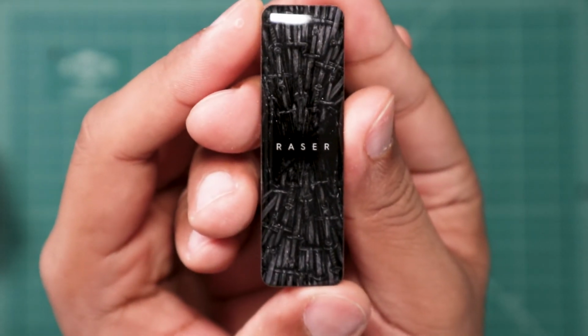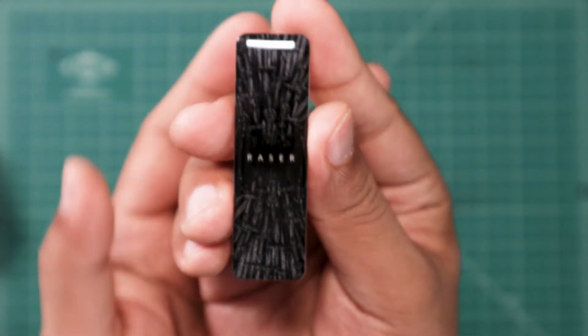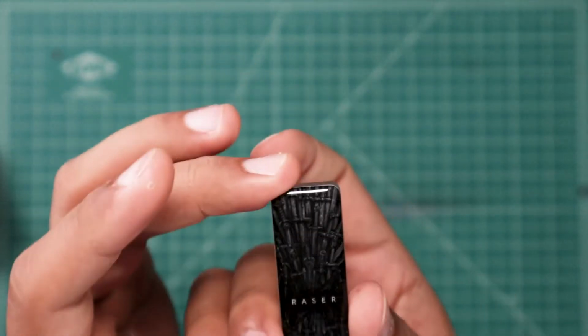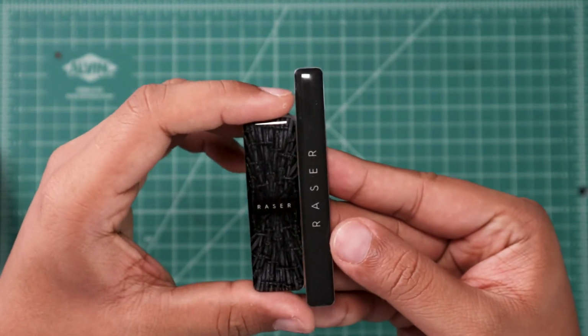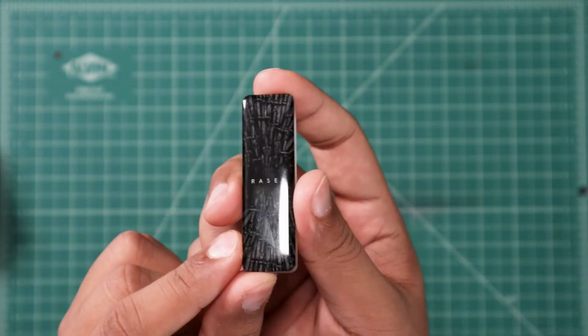I'm not sure where the inspiration comes from there as to why they added it to the Razer Plus, but I think it still looks pretty cool. Now the big difference you'll see with the Razer Plus is one, it's wider, and two, it's shorter. So here it is right next to the Razer 1.5. Pretty huge difference. They look like Bert and Ernie right next to each other, but there is one other difference